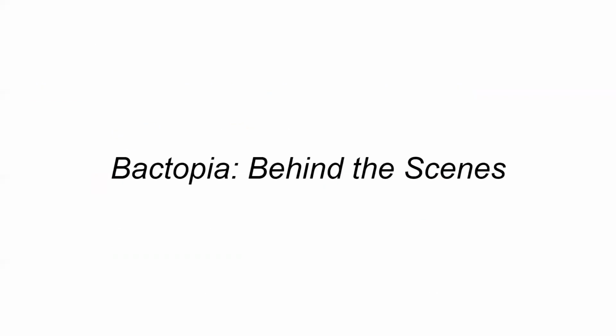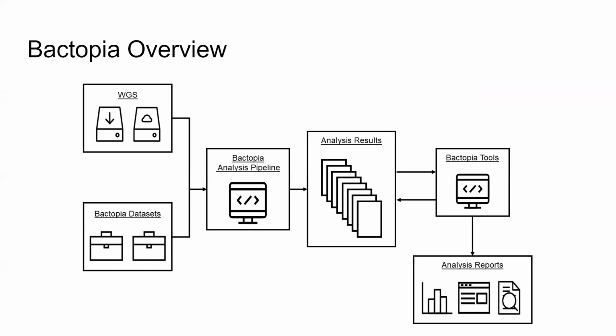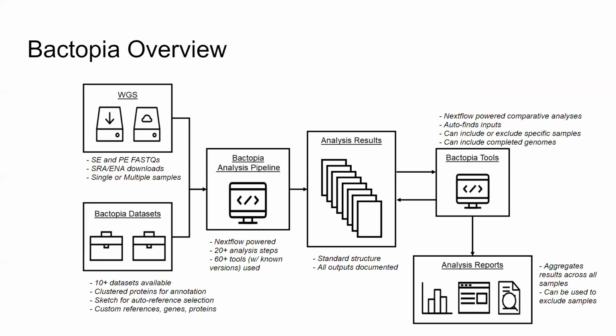So yeah, what's happening behind the scenes in Bactopia? Back to this overview. Right here, it's like, oh, there's not much happening. Now, when we add what's actually happening, Bactopia allows single-end and paired-end FASTQs. You can download from SRA, ENA. You can also provide single or multiple samples. Sometimes you just want to process a single sample and you don't want to create a config file for that. You just want to say R1, R2, process. But also, when there's thousands of genomes,